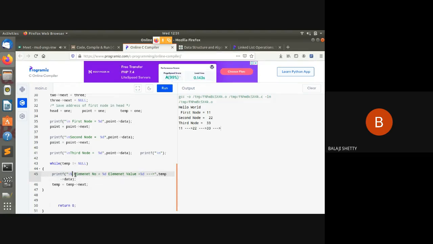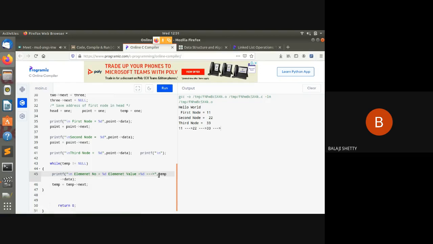I remove this %d here, \n, okay, and here I write i, comma. I cannot adjust the screen. Okay, this will work now.